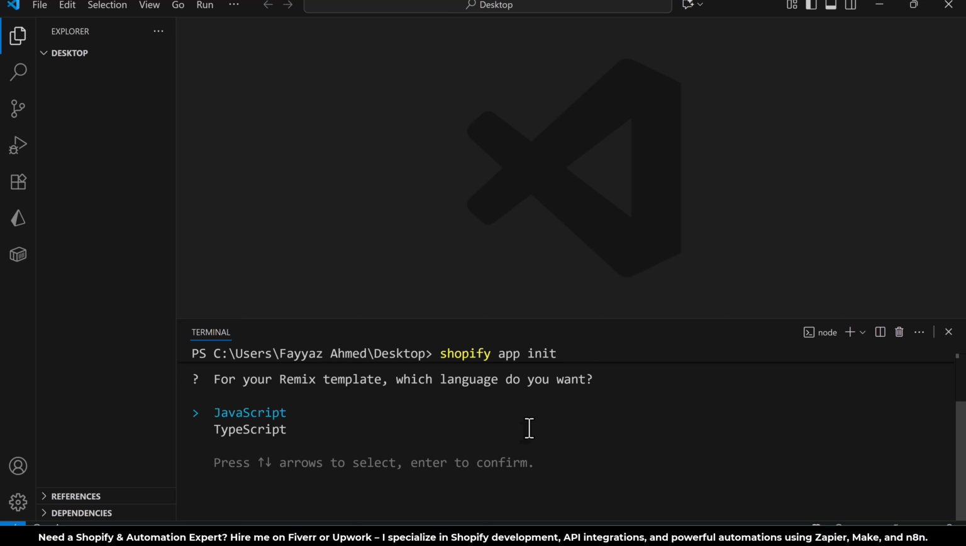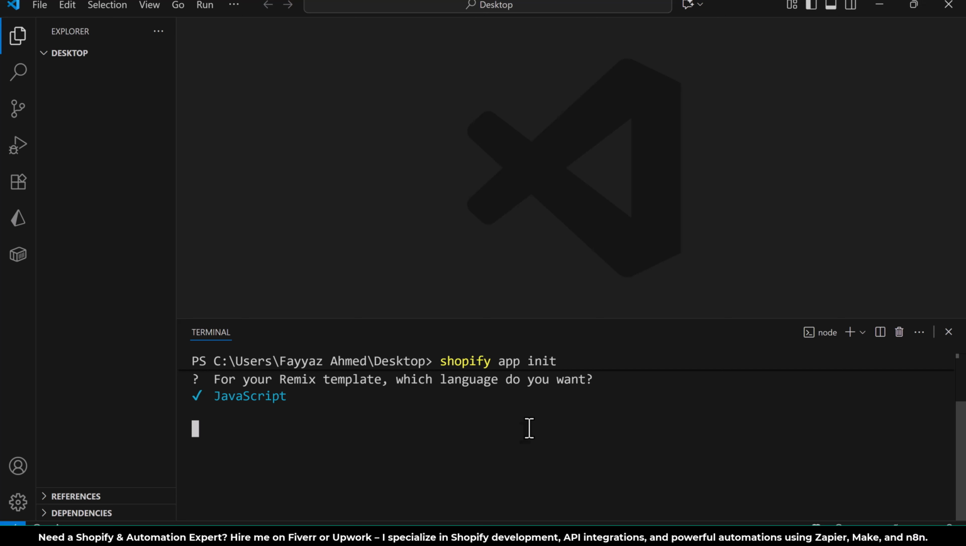Now for your remix template, which language do you want? So you want simple JavaScript or TypeScript? It's totally up to you. In my case, I will use JavaScript, and then